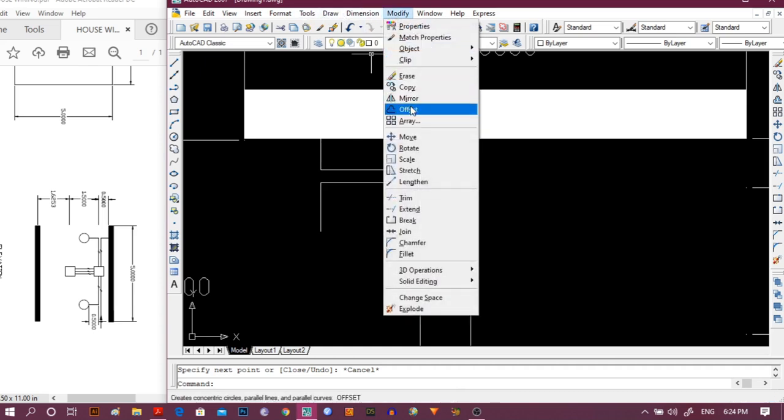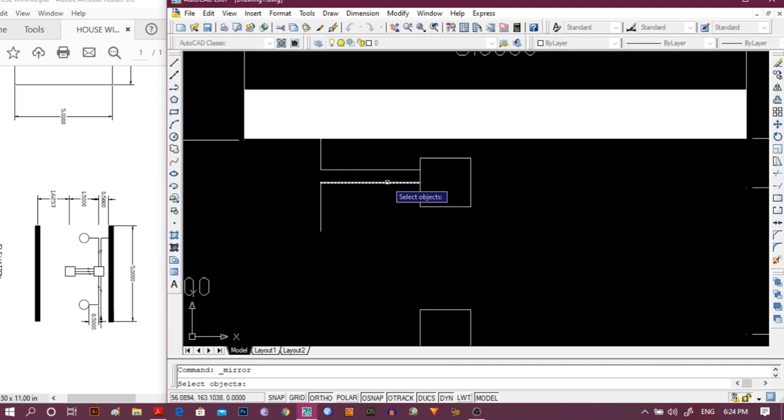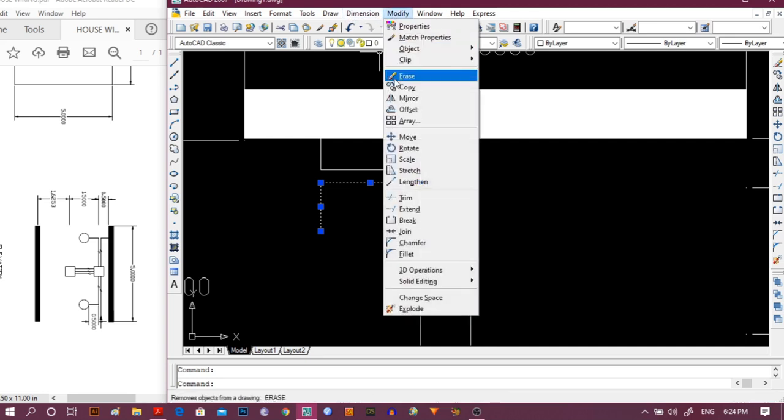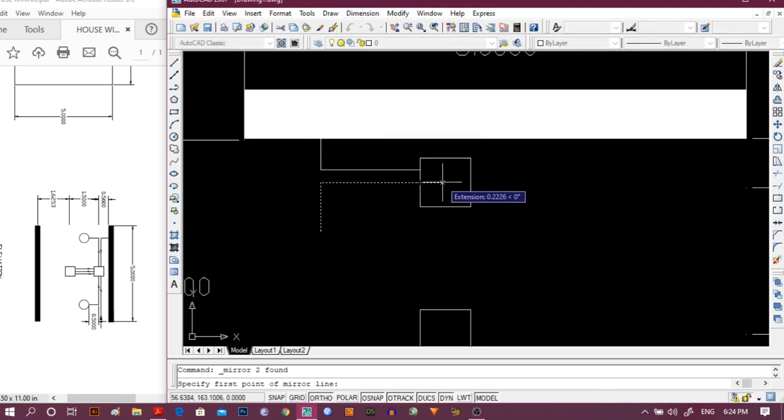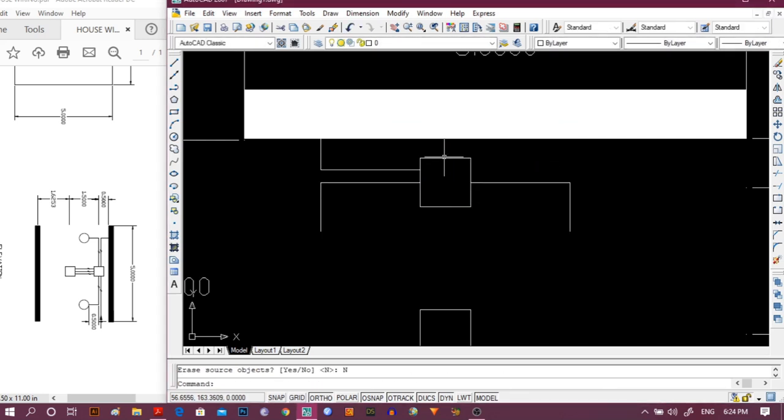So I am going to modify and mirror this one, keeping the source object.